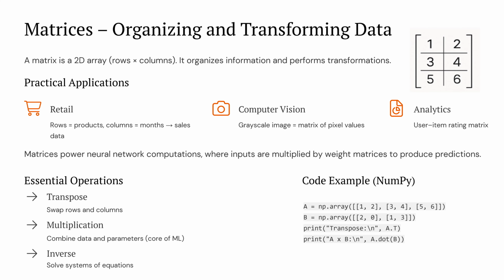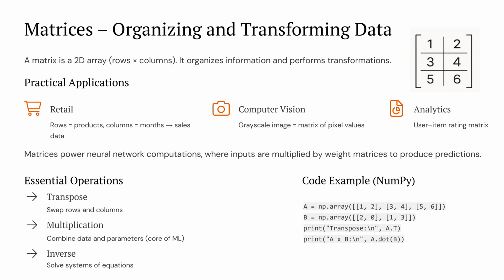A matrix is like a table of numbers arranged in rows and columns. It helps organize information and perform transformations. For example, in retail, a matrix can store product sales across different months. In computer vision, an image is just a matrix of pixel values. And in analytics, we often use a user-item rating matrix to recommend products. Matrices are extremely important in AI because they power neural networks, where inputs are multiplied by weight matrices to make